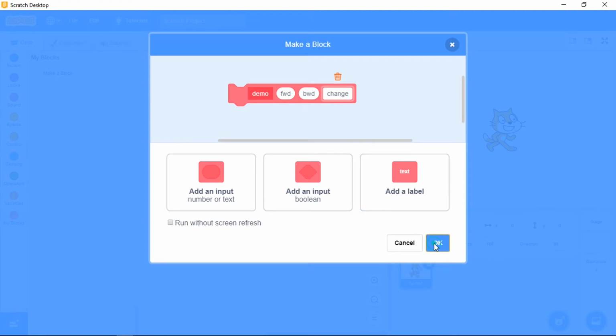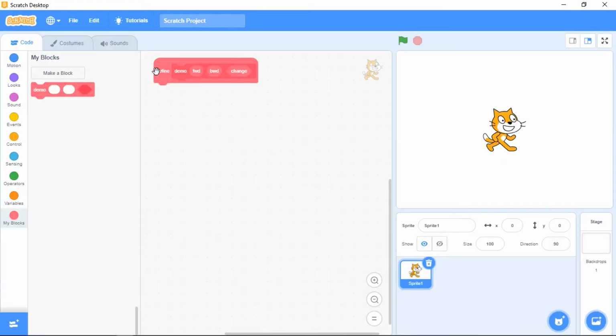Click on OK. So define, this is the My Block. What are you going to define? Like how you define a function, the name of the function is here demo. The name of the My Block is demo, which accepts 3 parameters: forward, backward, change.